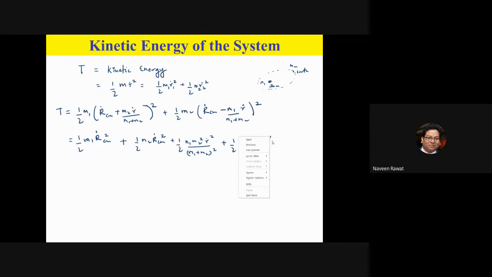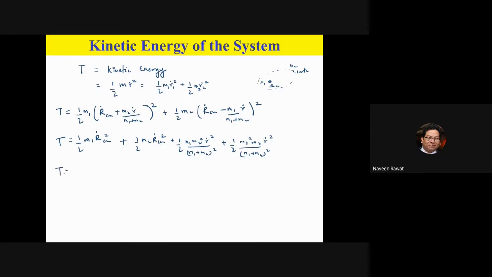So those are my two terms, and then I have cross multiplication terms, where I will get 2ab: 2 times r dot center of mass times m1 m2 r dot divided by m1 plus m2. But notice that here you will get minus 2ab, and those terms will cancel. So you are left with only these 4 terms. The 2ab and minus 2ab terms will cancel. I can clearly see I have the same factor m1 m2 r dot and r dot center of mass. So these are the only terms that I am left with.